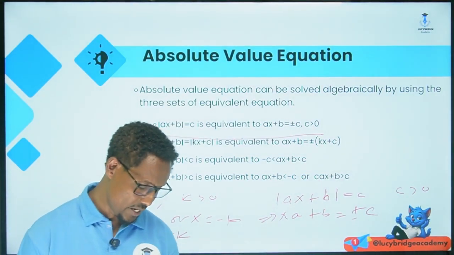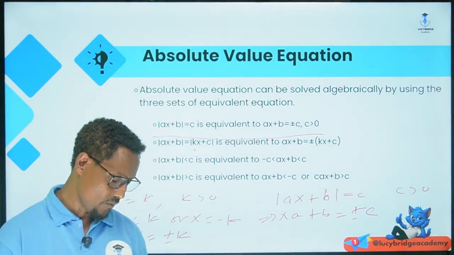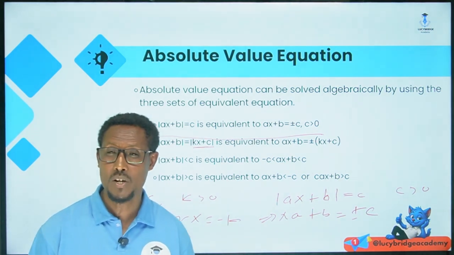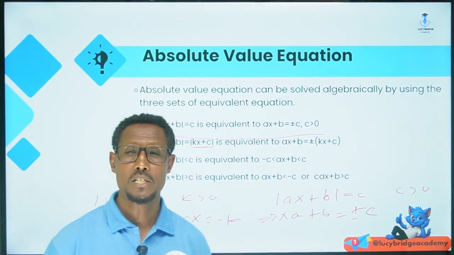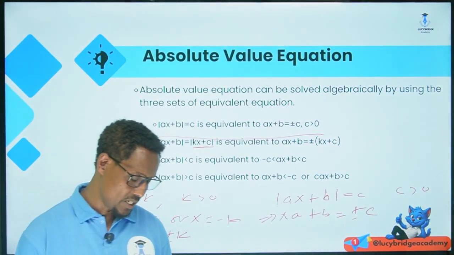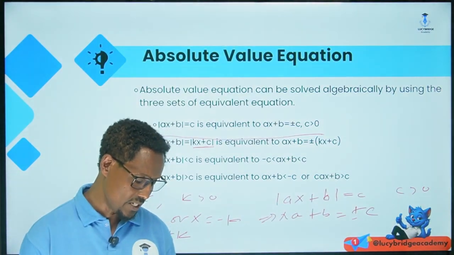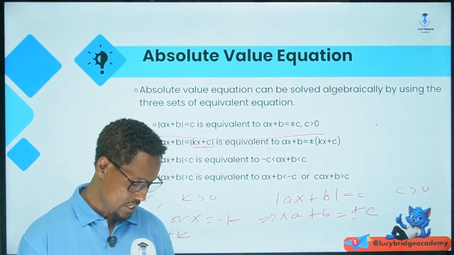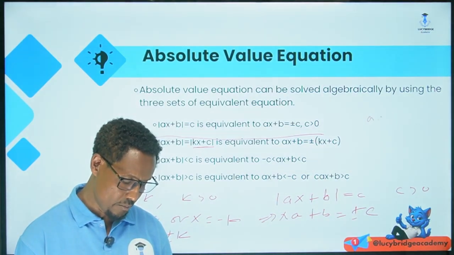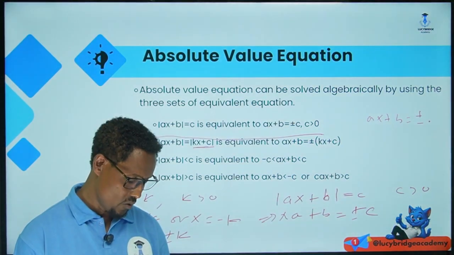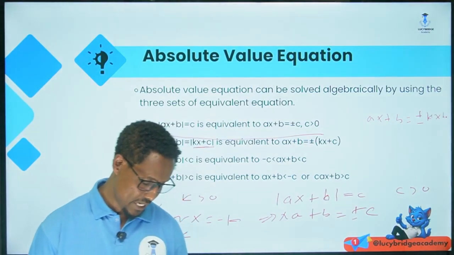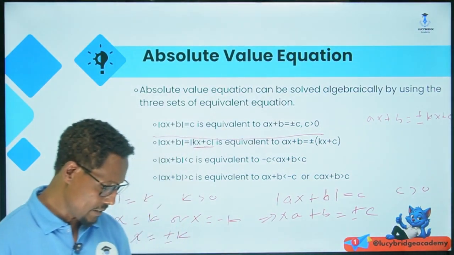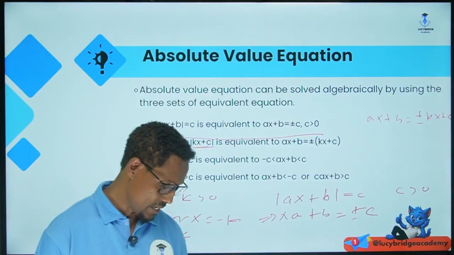Okay, next the absolute value of ax plus b is equal to the absolute value of kx plus c, where the absolute value of kx plus c, it is an absolute value, therefore it's always greater than or equal to 0, therefore it can be considered as c. Okay, in the c consider እናደርገዋለን። So absolute value ax plus b is equal to plus or minus kx plus c አድርገን በቀላሉ ሶልቭ እናደርጋለን ማለት ነው።